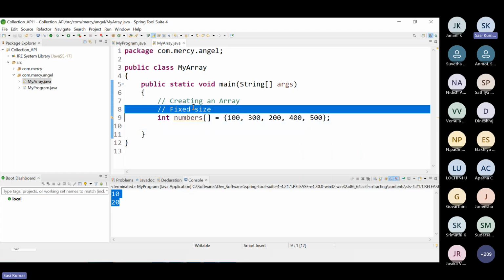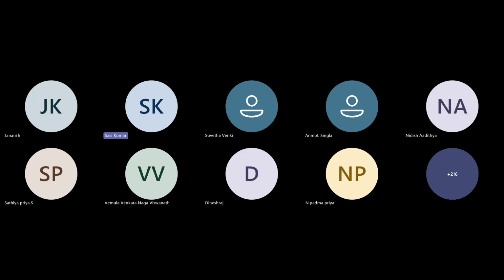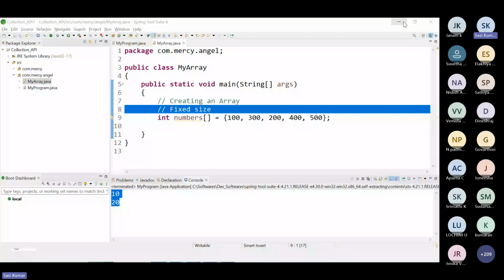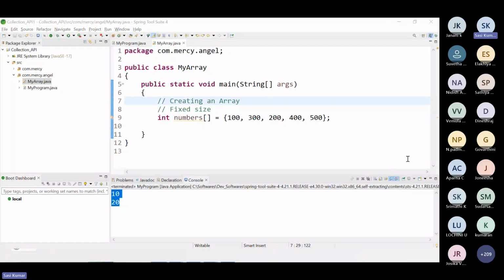In future, consider you want to store a sixth element. Really, you cannot store the sixth element, correct? This is the main disadvantage of an array. So you always need to define the size, and you need to know it. Consider you are defining a very big size, but you are storing only a few values. Then memory is getting wasted, right? So it is really not good, correct?